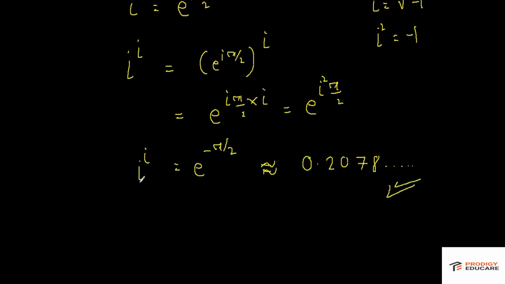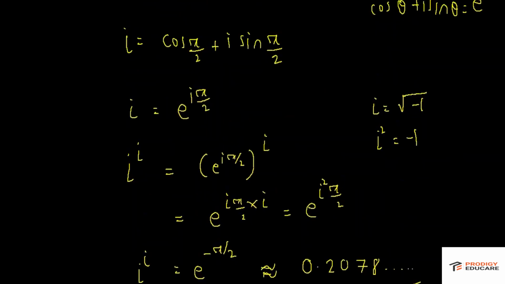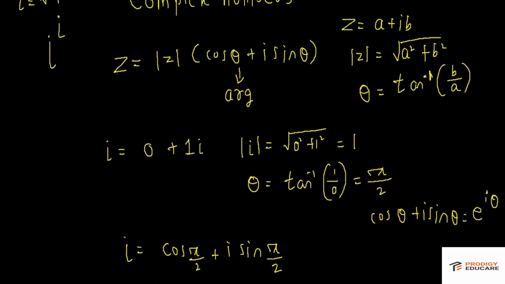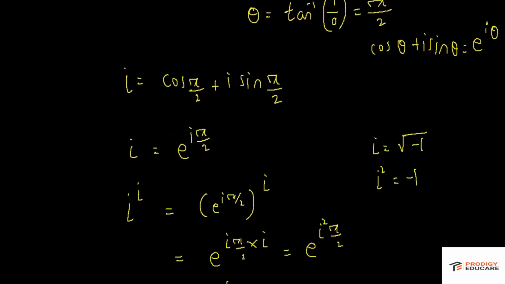Now the strange part of this is it is a real number. That means a purely imaginary number raised to a purely imaginary number, we are getting a real number. So that's a very strange result that we are getting. That means if we take i and multiply it i times, you will get this as a result, which is a real number. So yes, the world of complex numbers is very mysterious. It's a strange world, and we don't know what more results we get from this.